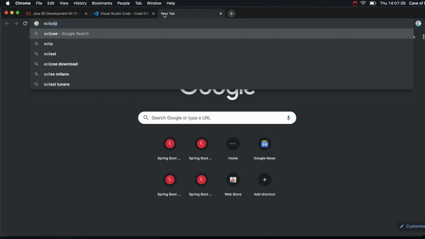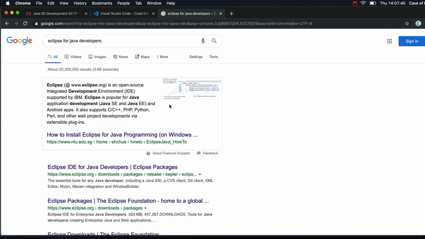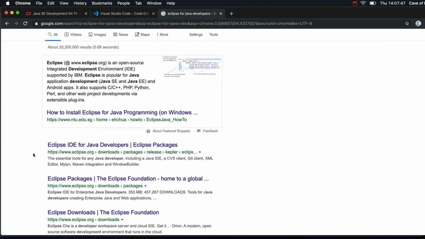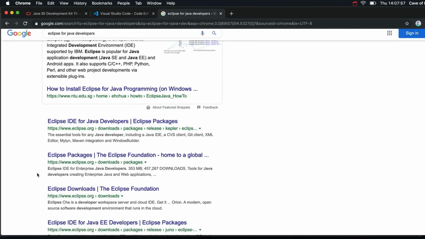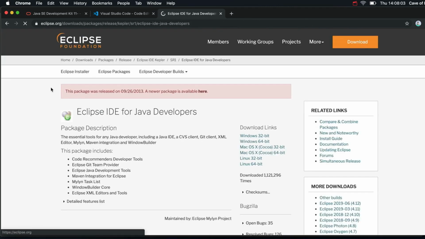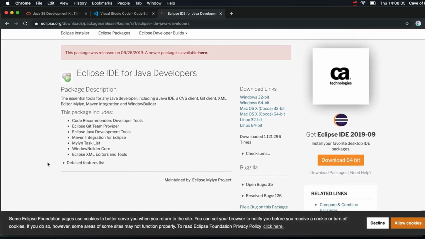So I'm going to ask you to search for Eclipse for Java developers, because that's what we will be using. Eclipse, you can use it to write code in various programming languages, and of course we want the one that's specifically configured to develop Java programs. So if you search for the Eclipse IDE for Java developers and go to that at eclipse.org, and then download